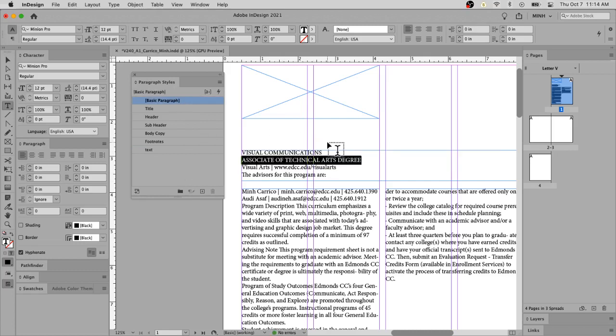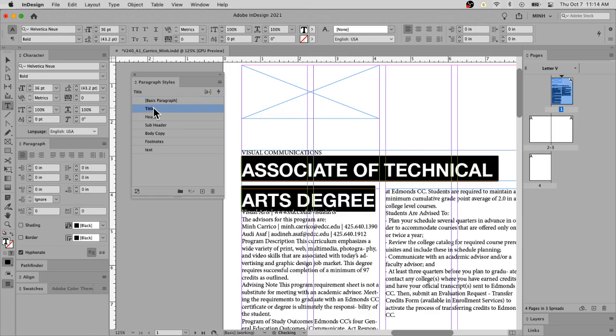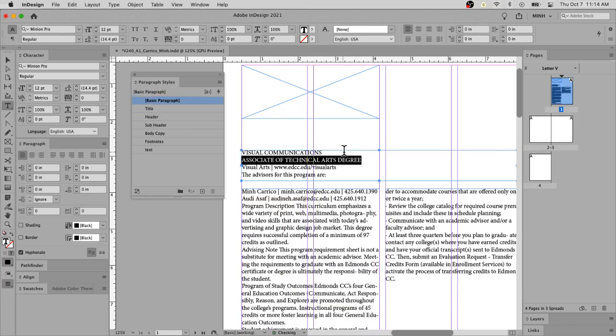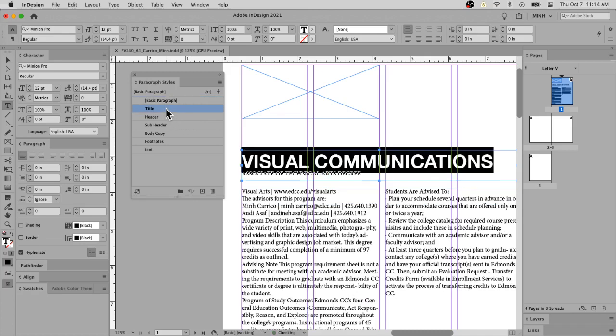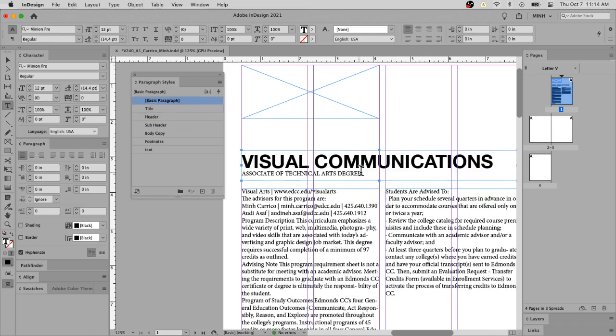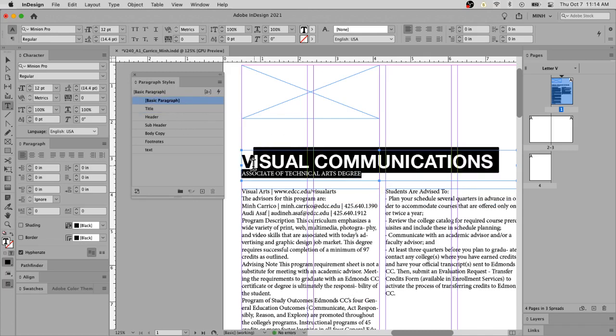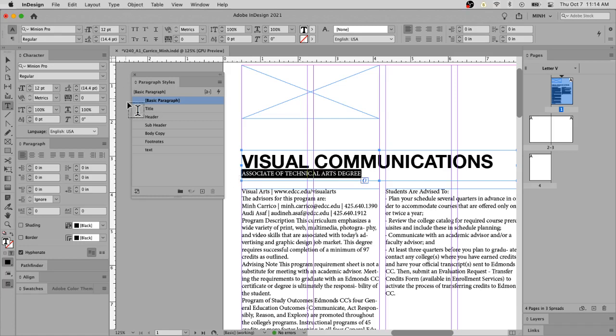No styles. So I have it already set up. I have a title set up here. Whoops, that's not what I want to do. And you go through and assign each particular style. So in this case, I'll probably put the title here, and then I can come through here and say Associate of Technical Arts degree. That should be the header,